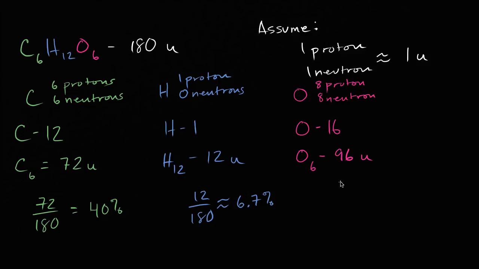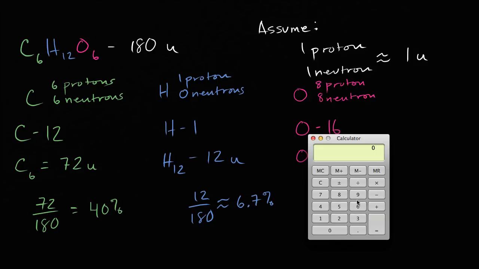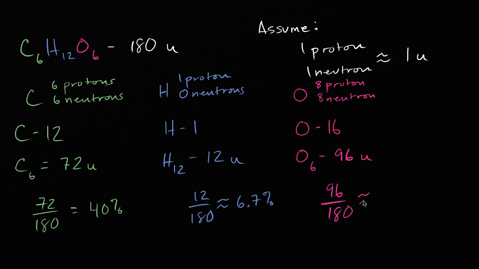So the oxygen is going to be 96 of the 180 atomic mass units. And so that is going to be 96 divided by 180. It gets us roughly 0.53333, which is roughly 53.3%. So approximately 53.3%. And so once again, I did not use the precise atomic weights in the periodic table below,